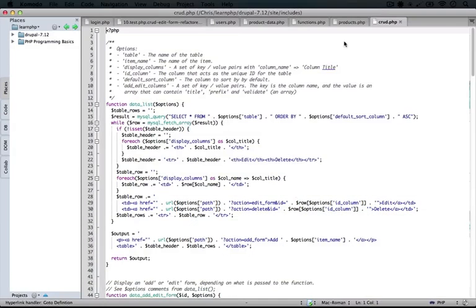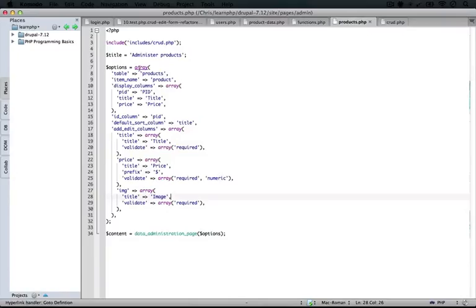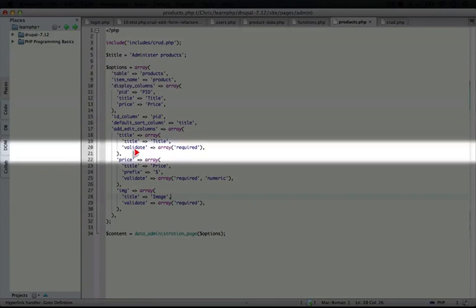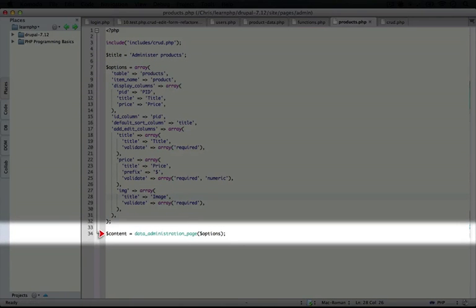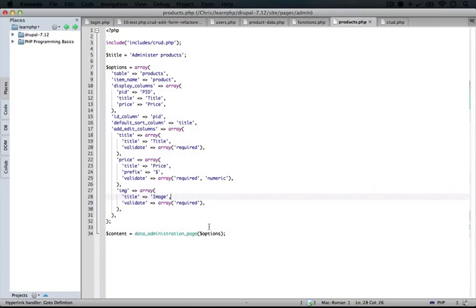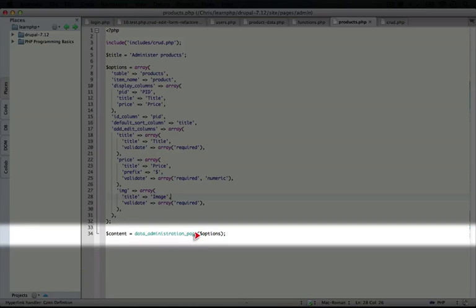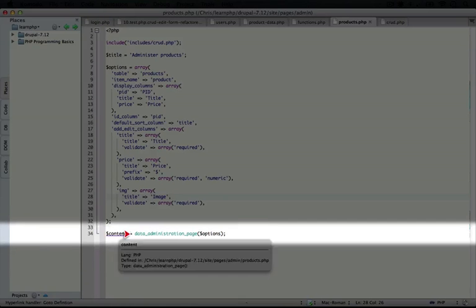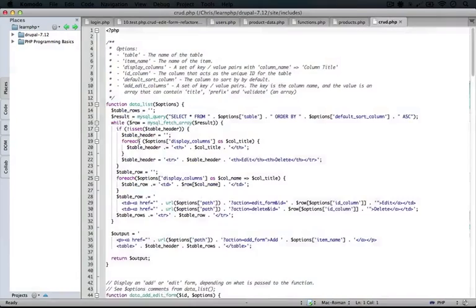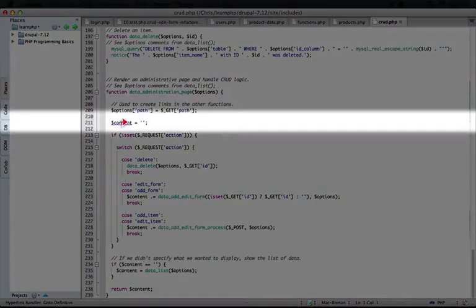Now if we go back to our products page again real quick, you'll see that we run the same code here regardless of what our action is. We're routing everything through our data administration page function and passing it these options. So when we click that edit link, this page will render again, and we'll pass these options one more time to this function. I'm going to go back to CRUD.php and scroll down to the very bottom where this function